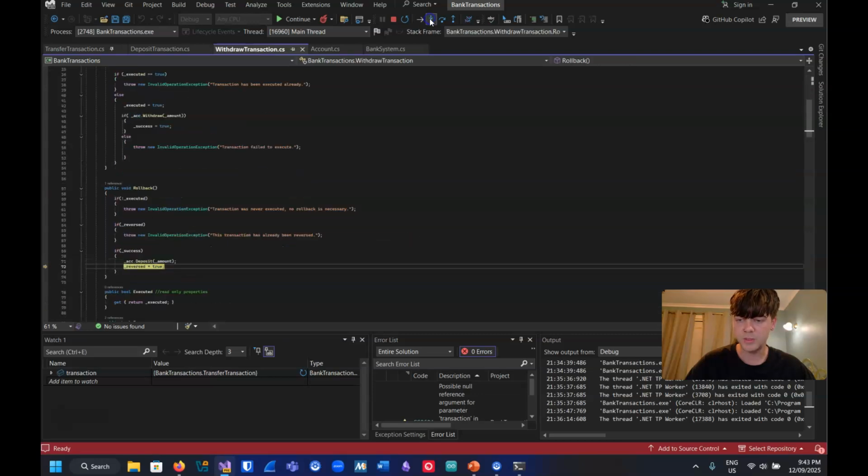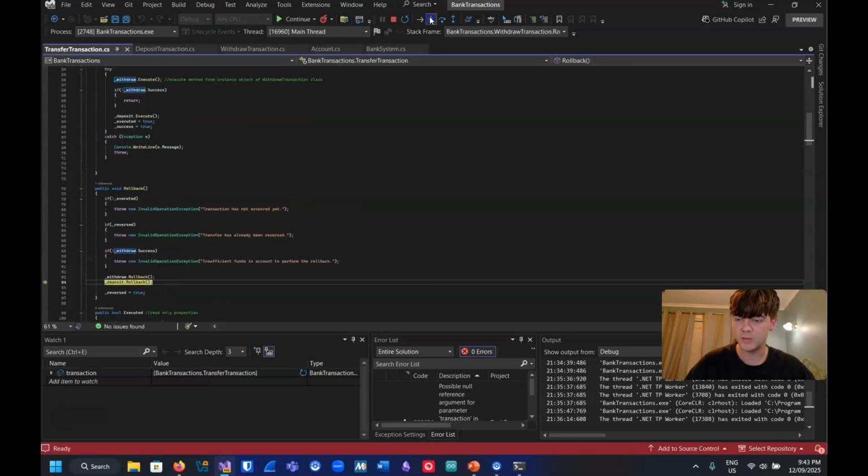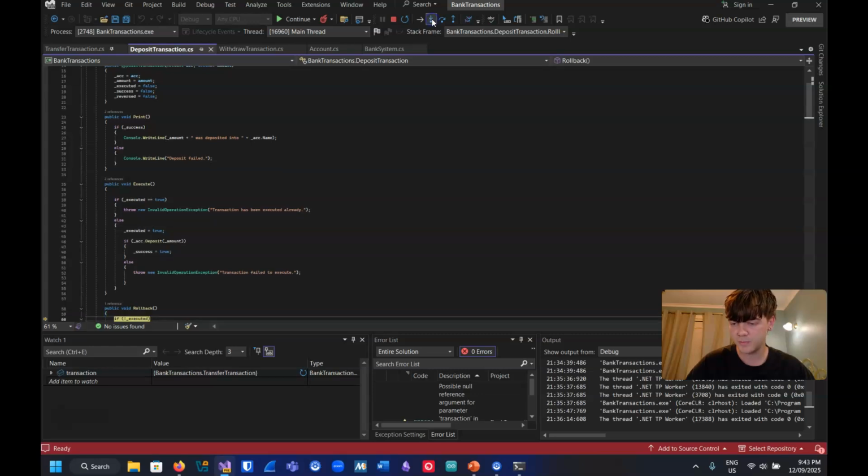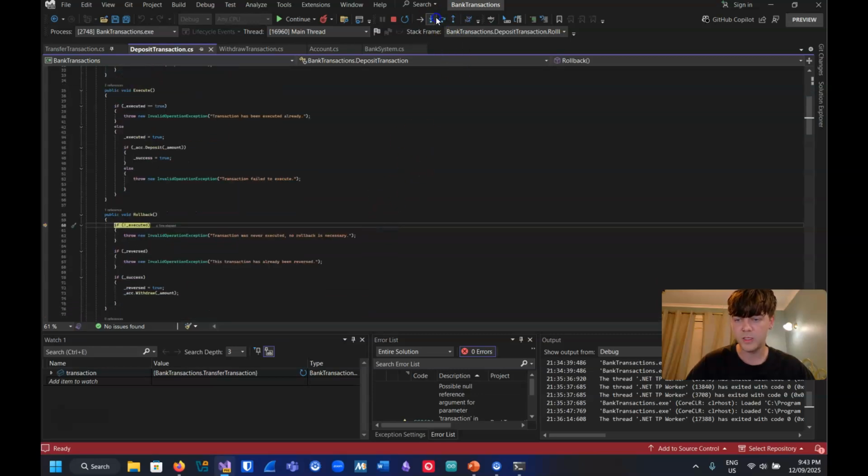And then the basic gist, which I've skipped over a little bit here in the interest of time, is that we're withdrawing. So the reverse of that is now deposit. So we withdraw from the to account and we deposit back into the from account. And then we call rollback on the deposit transaction class. The transaction was executed, it was not reversed, and it was a success. So we're going to set reverse to true, and we are going to withdraw. So deduct the amount from the account,